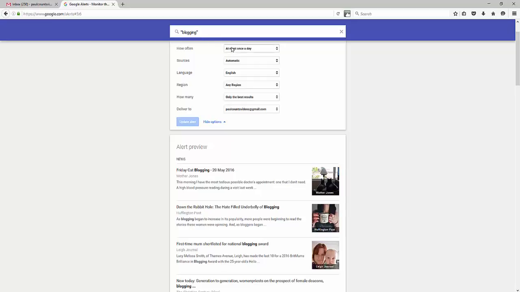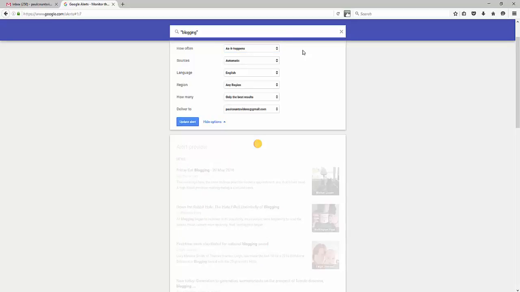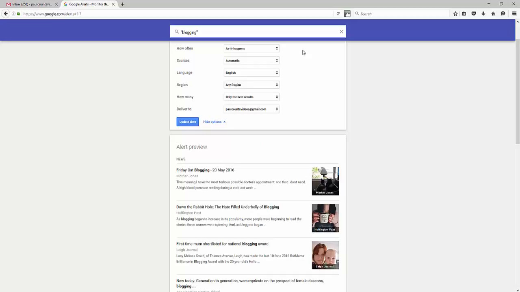So it says how often. You could say at most once per day. You could say as it happens. So if I'm trying to do this so I can be out in front of everybody, then anytime something breaks about blogging or there's something new out there about any number of topics, I want to be the first to know. Let's say back pain. Maybe there's a new breaking article on back pain or something that comes out. So anytime something happens in your niche, you could do broad phrases. Blogging is fairly broad, or you could even go WordPress, for example. So anytime there's a new change with WordPress or a new article about WordPress, you would be the first to know. So it's really powerful.